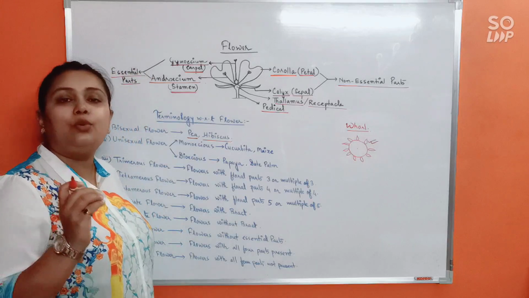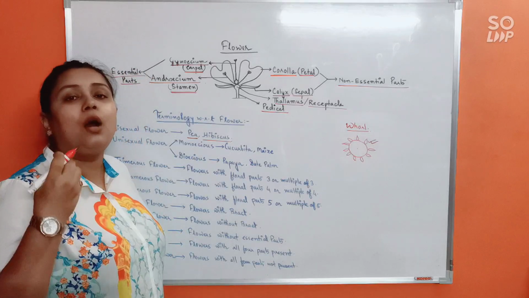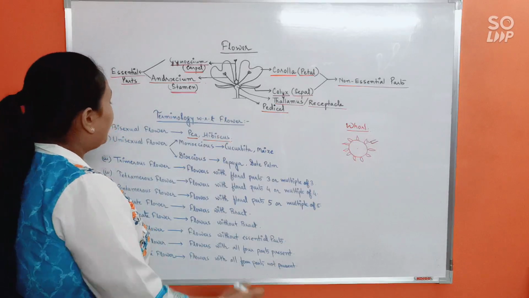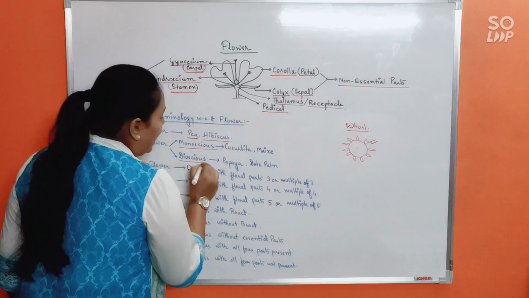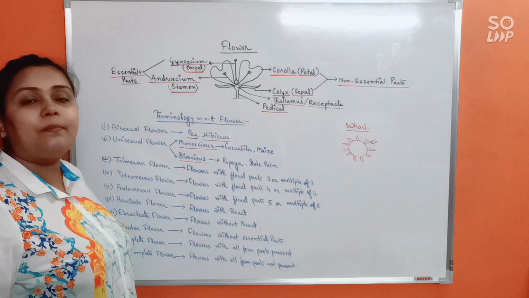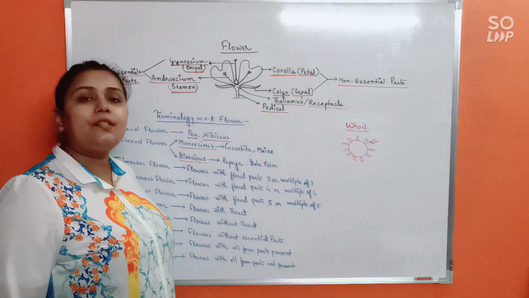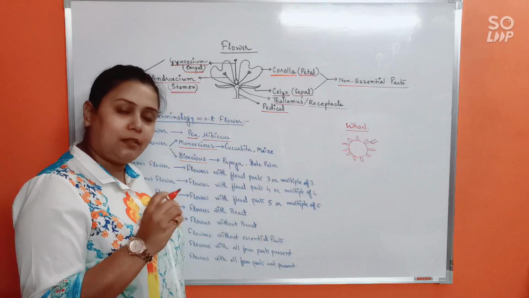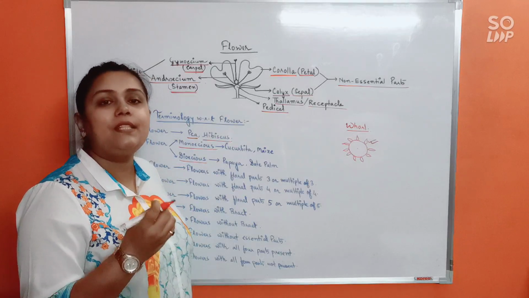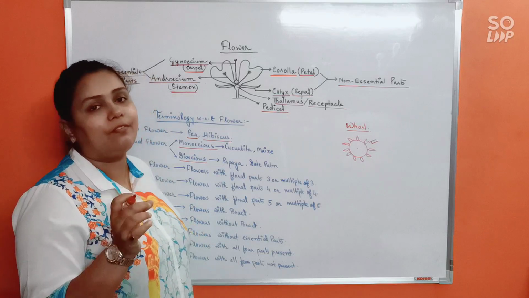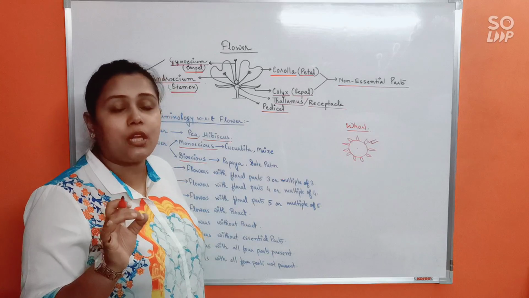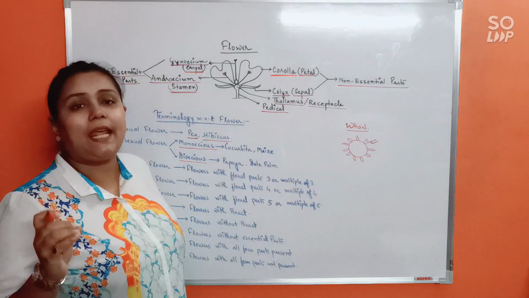Now, unisexual flowers, according to how they are borne, can give rise to two important conditions: monoecious and dioecious conditions. Monoecious condition means suppose a plant body bears a male flower, that means a flower with a stamen, not carpel. That is known as a male flower or staminate flower. And a female flower which possesses only carpel and no stamen is also known as a pistillate flower.